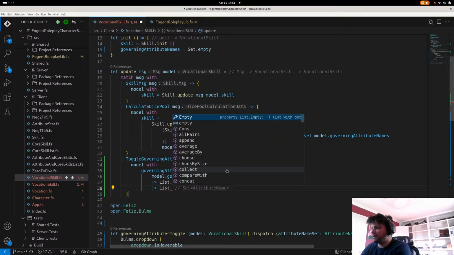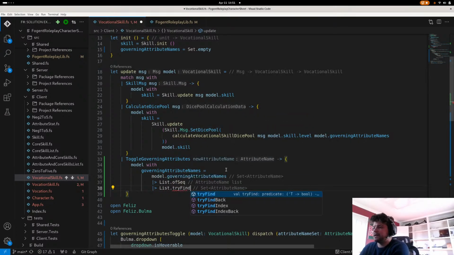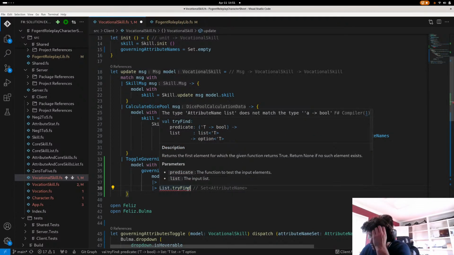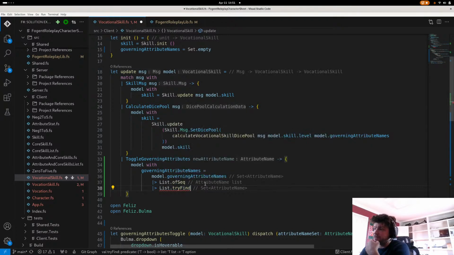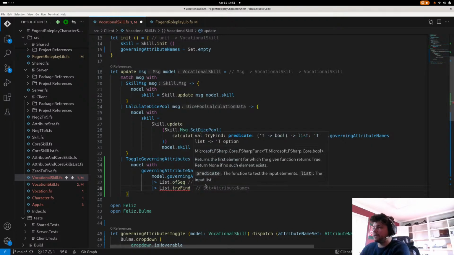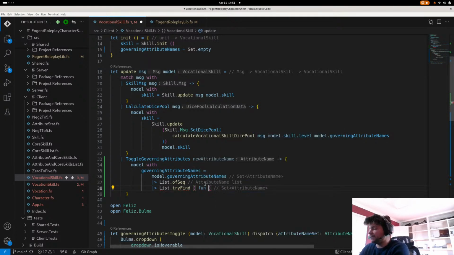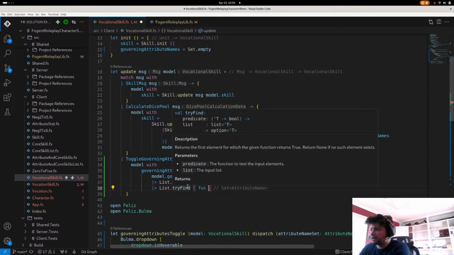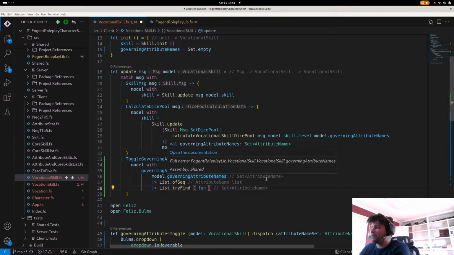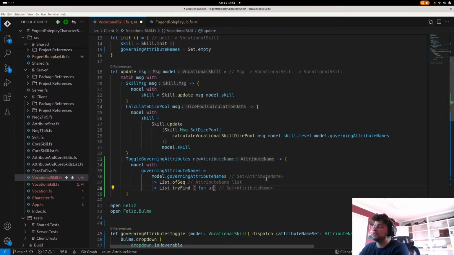List.tryFind, if I remember, will return an option of whether it found something or not. So then we feed it a function, and the first thing I think it takes in is some t, and then it gives out a Boolean value. So we have an attribute name,